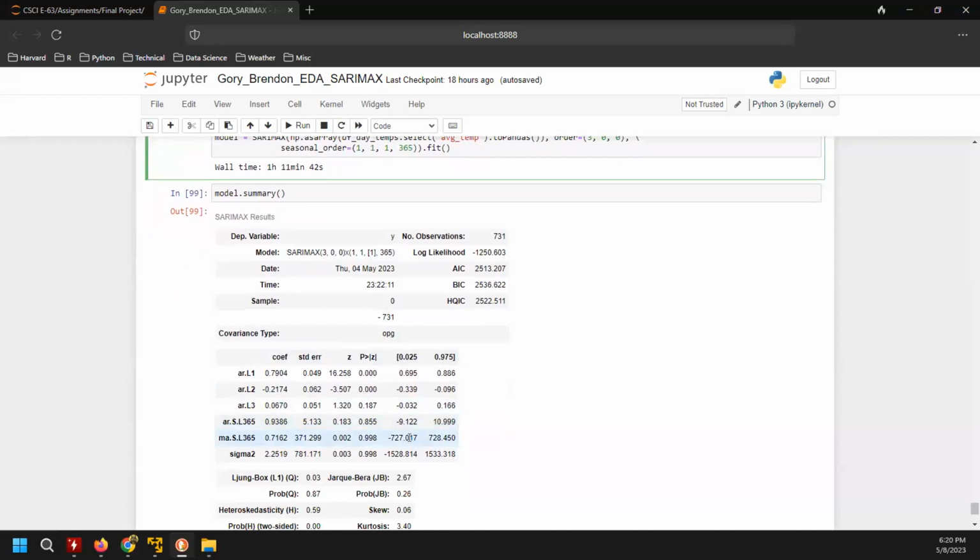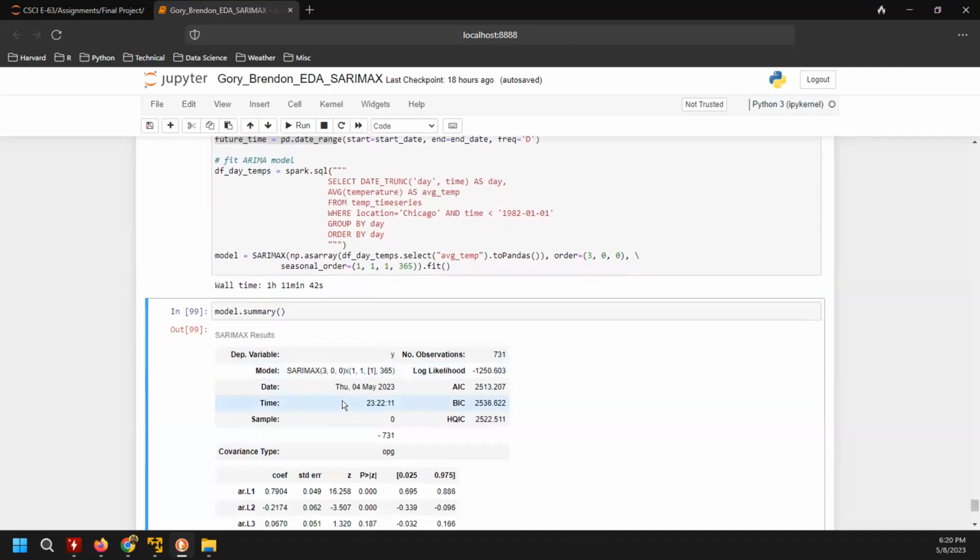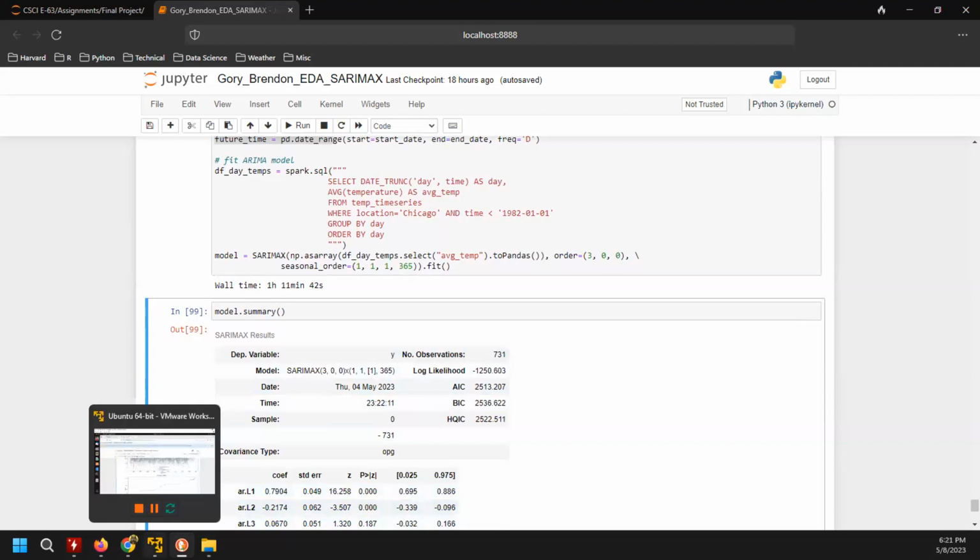And we can see the model did okay, the L1, L2. We have pretty good p-values here. The p-value for L3 could be better. And for these other values here, I chose 365, pretty high p-values. And this probably isn't a good model, and it would have to be tweaked even before we try to run it through all those models. And with an hour and 11 minutes, this isn't so practical.